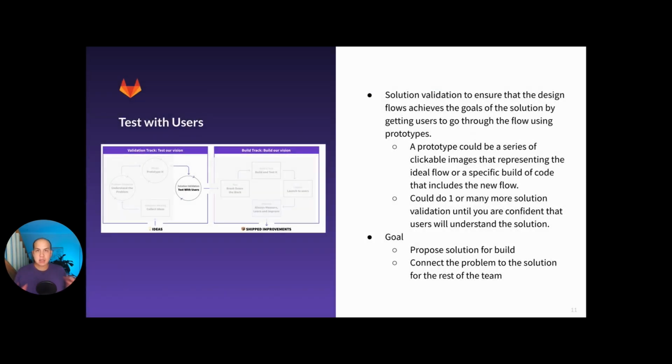So once we have our design and we've validated our problem, the next thing we do is check if our solution achieves the goal by getting users to check the flows themselves by going through prototypes. Prototypes are a series of clickable images representing the flow that we want users to test, or it could even